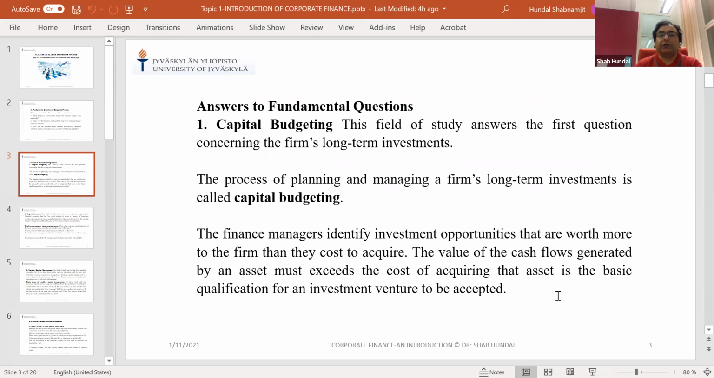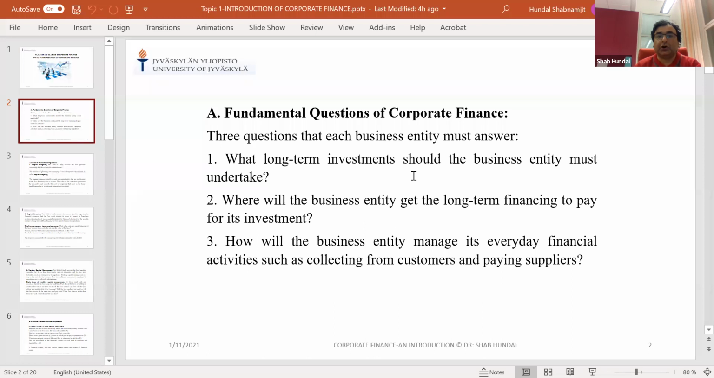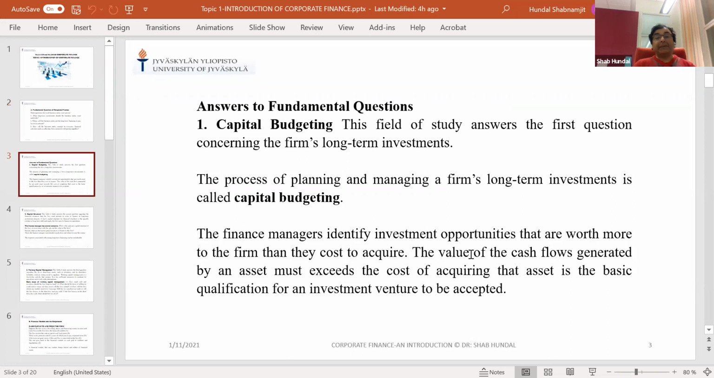Of course, I will discuss the detailed answers to these three fundamental questions, but if I have to give you very quick answers, my answer to the first question is capital budgeting. The first question, I repeat, is what long-term investment the business entity should undertake. And the answer is that the capital budgeting field is the key answer to long-term investments. And what is capital budgeting? Capital budgeting is a systematic,